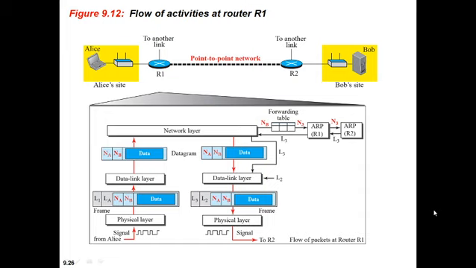So it checks the forwarding table to find the next node to reach the destination. Then it finds the N3 IP address, that is router R2, but it doesn't know the logical link address of R2. Again it sends an ARP request packet to router R2 and gets the response from R2 with its logical link address. Then the packet is sent to the data link layer. It creates a frame with its logical link address and then sends it to the physical layer. Again signals are sent through the media to the next node.